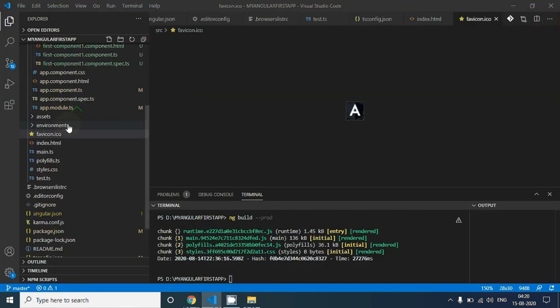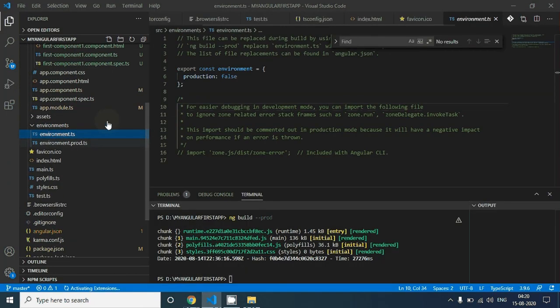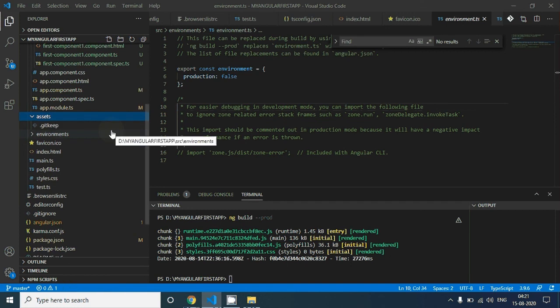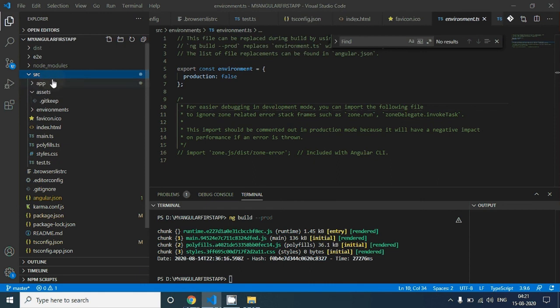Then we have environments, where you can put environment specific settings. So we have production and development. In this folder you can put assets like CSS and images. Finally, inside the src we have app. So we will discuss this folder in our next video, because if I cover this folder also, the length of the video will become very big.